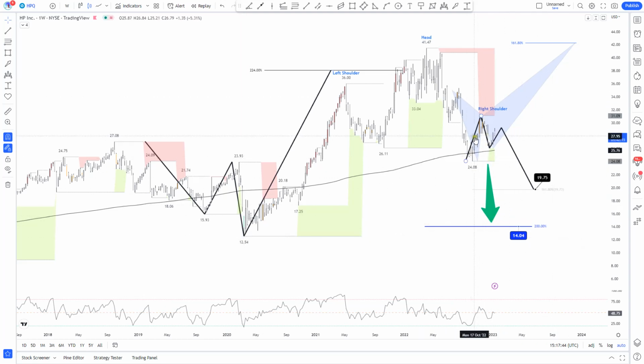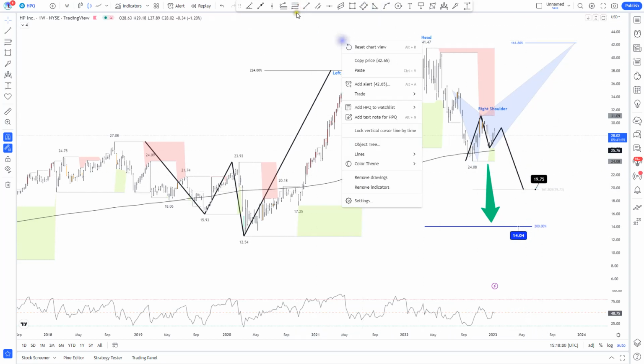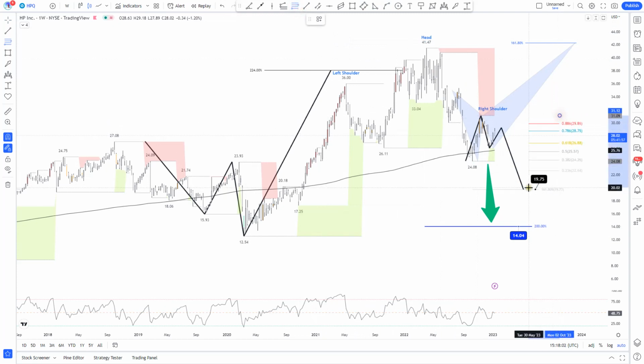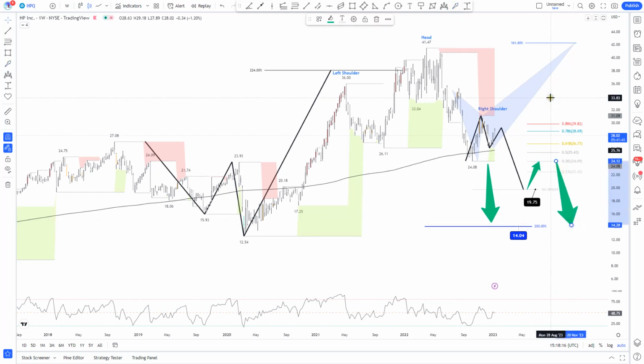But we have also a minor crab pattern projected at 1975. So that doesn't invalidate the possibility to achieve targets if the price starts to approach this level. So we may see something like a bounce after completing this bullish crab pattern. We may see something like the 38% Fibonacci retracement being hit after the formation of that pattern, but nothing assures me the price will not trade lower later.